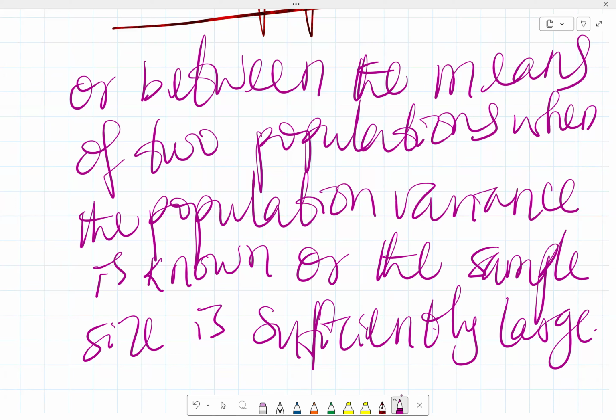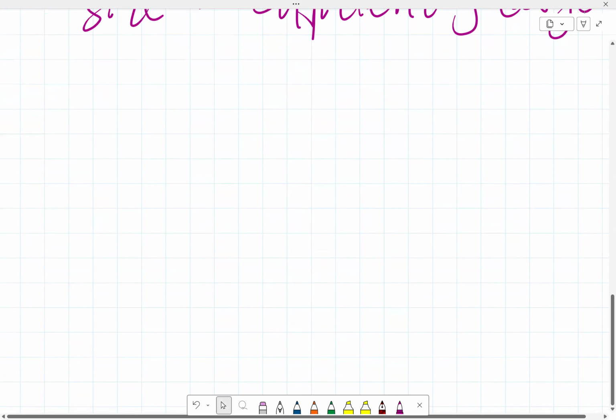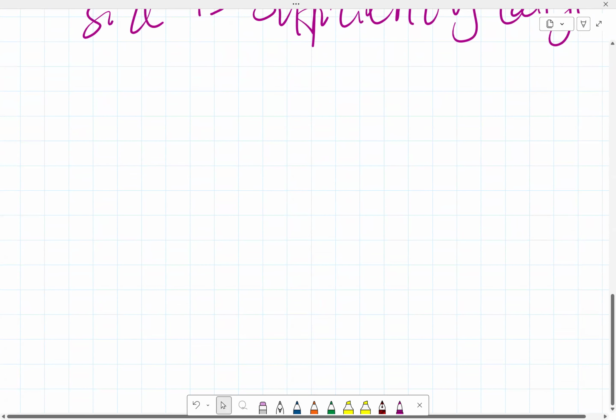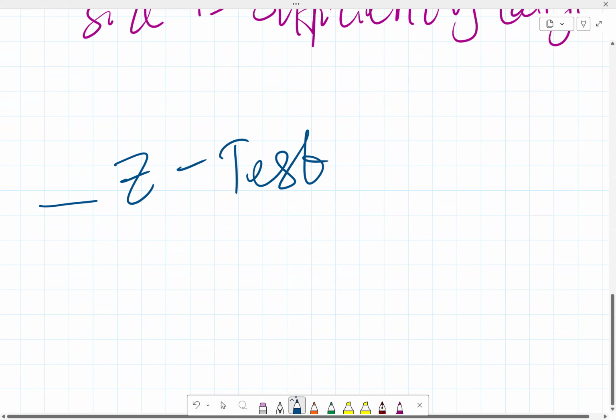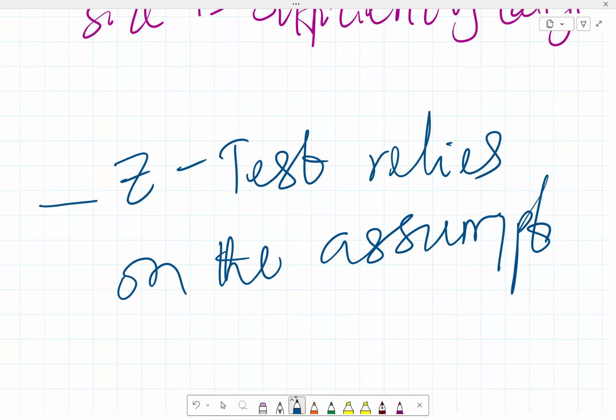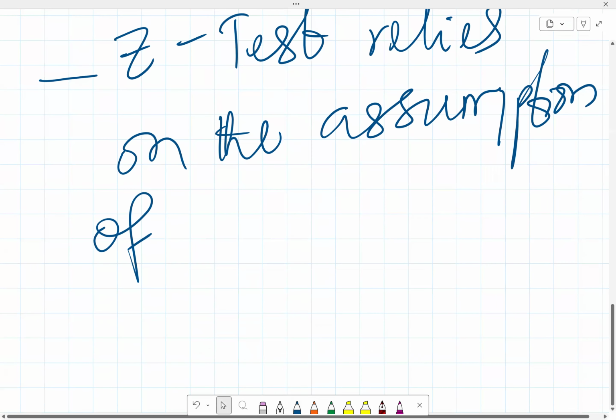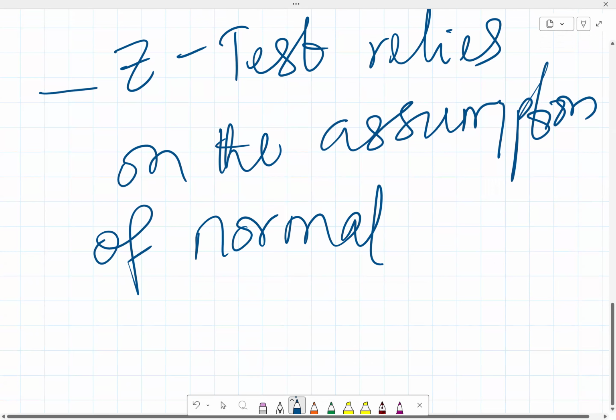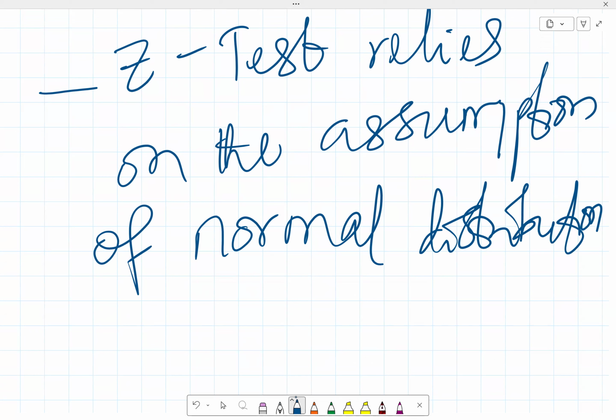But usually you want to consider the largeness of the data set. Now, how do you say something is sufficiently large in that sense? Let's look at that. The Z-test relies on the assumption that the data follows a normal distribution. We assume the data is normally distributed,